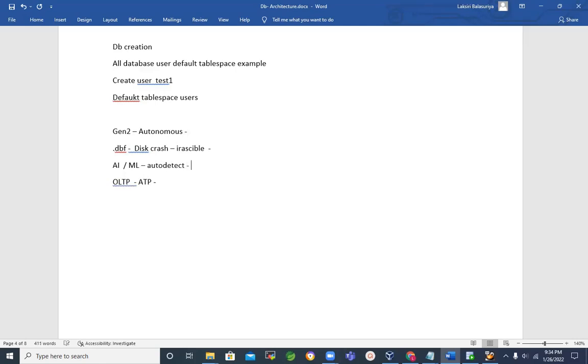How? He will capture that byte pattern change. Something has gone wrong, because it's a crash, it's an irregular byte pattern, not the normal pattern. And he will initiate recovery for that automatically. So this is one feature in autonomous cloud. That's what autonomous, humanless operations means. Got it? Now in autonomous cloud, we have